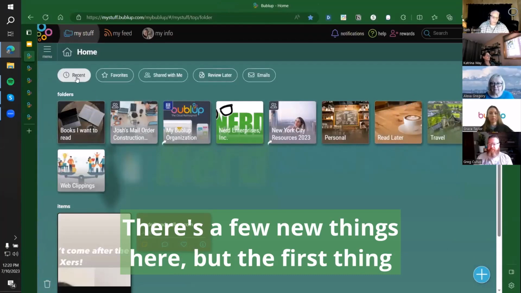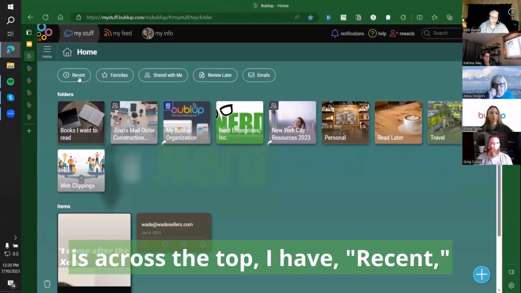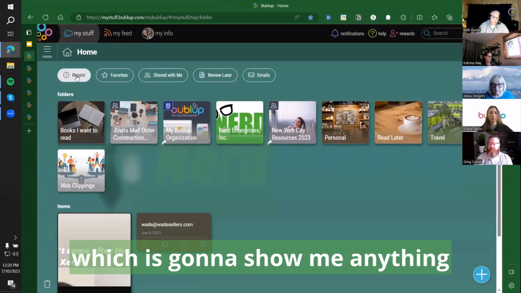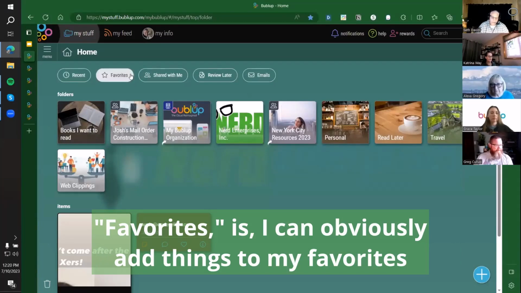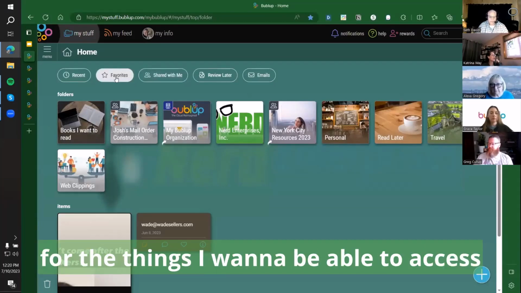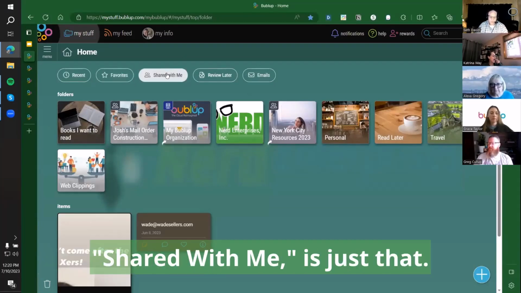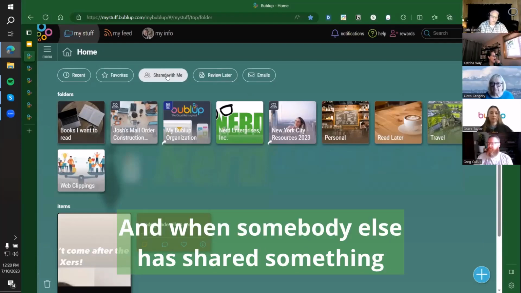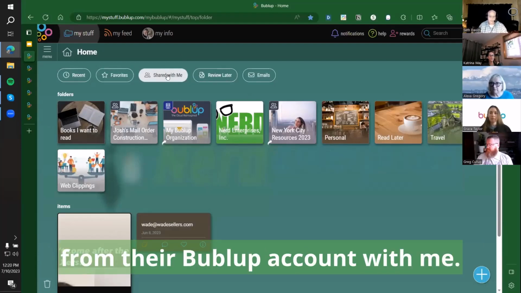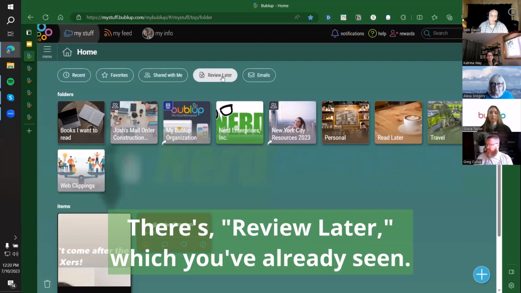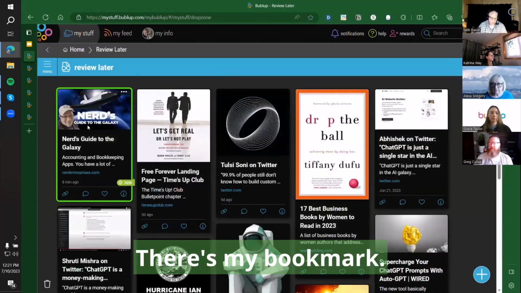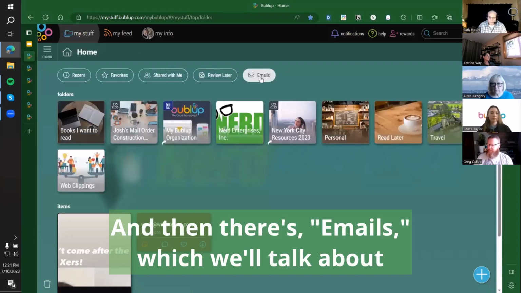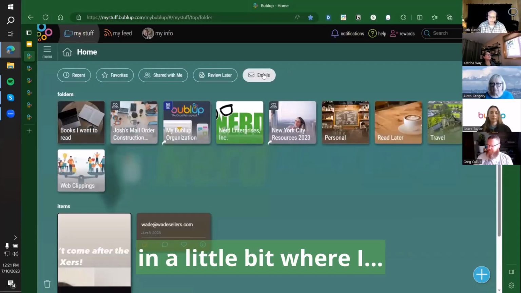But the first thing is across the top, I have recent, which is going to show me anything I've activated or gone into recently. Favorites is I can obviously add things to my favorites for the things I want to be able to access quickly or frequently. Shared with me is just that. It's when somebody else has shared something from their Bublup account with me. There's review later, which you've already seen. It's the stuff that I save there, right? There's my bookmark. And then there's emails, which we'll talk about in a little bit,